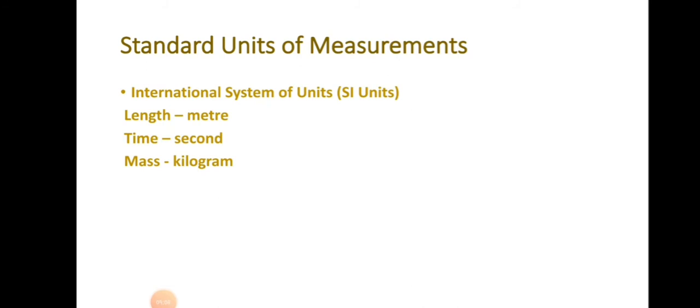Okay, so in ancient times, in many regions of the world, many different methods were used to measure length. After that, in 1790, a French scientist created a standard unit of measurement called the metric system. It is difficult to measure the actual length of an object because different regions use different measurement methods. So in 1790, the French created a standard unit of measurement called the metric system.